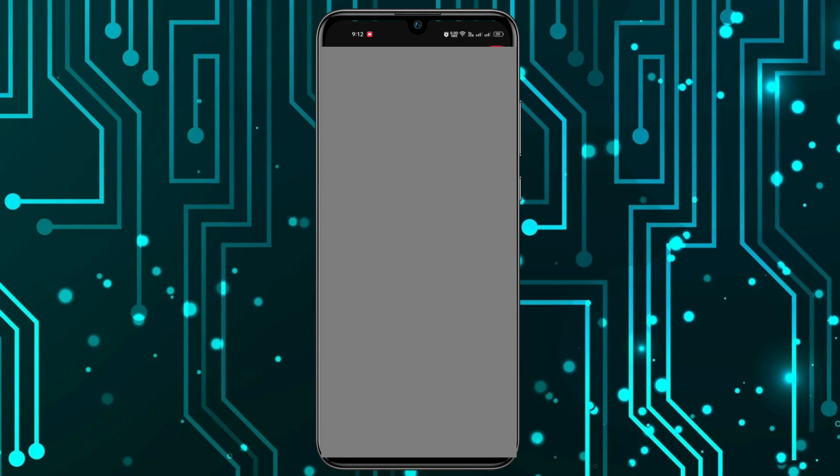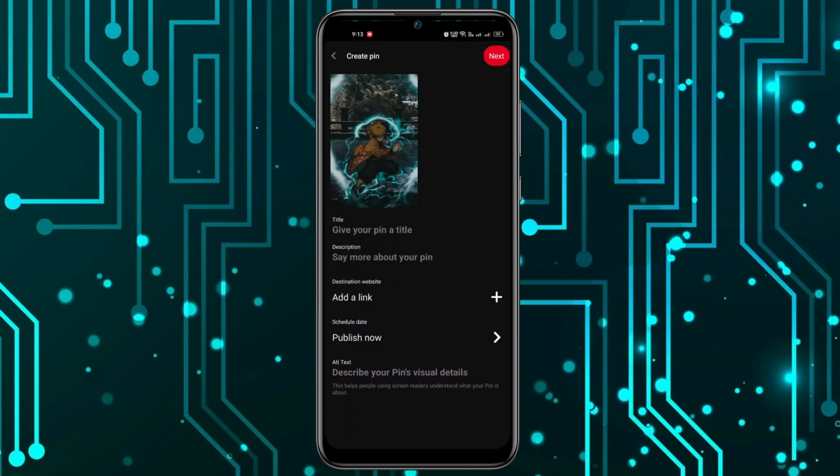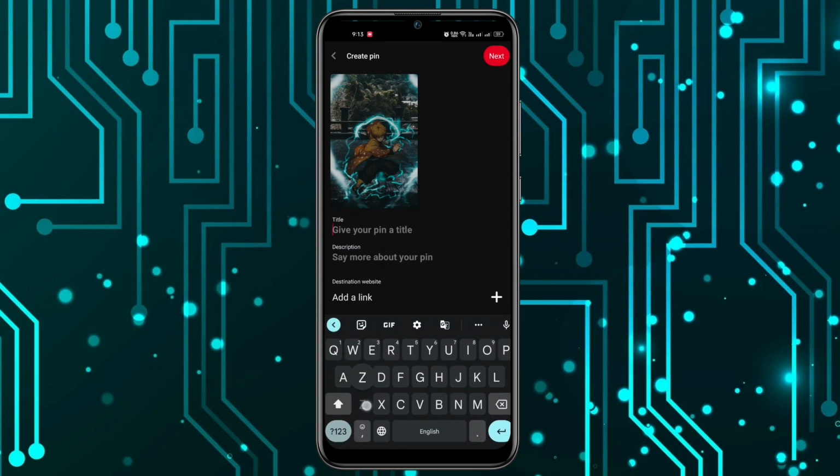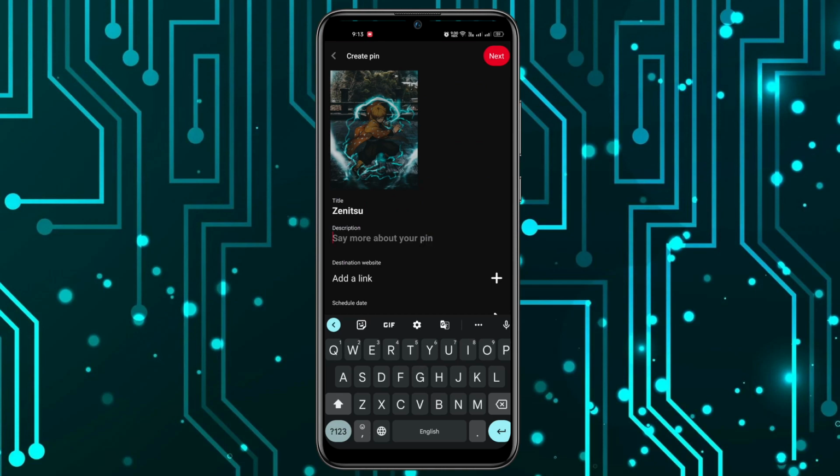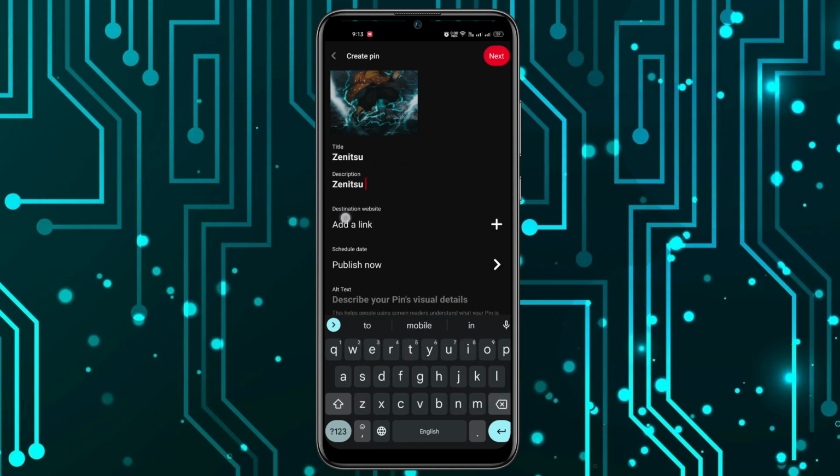So I'll find the image and then I'll click on next, and now it will ask to give your pin a title. So I will name it as Senitsu, and you have to type in the description as well. You can leave this section if you don't want to. And so in order to show you, I will just type in something,